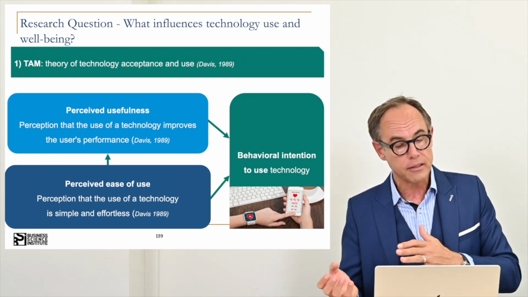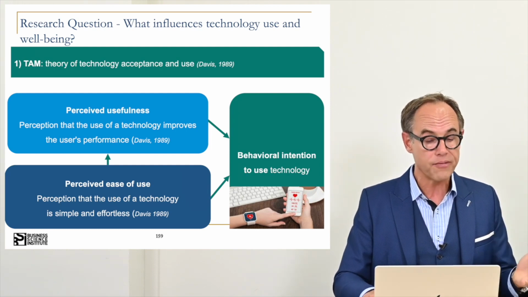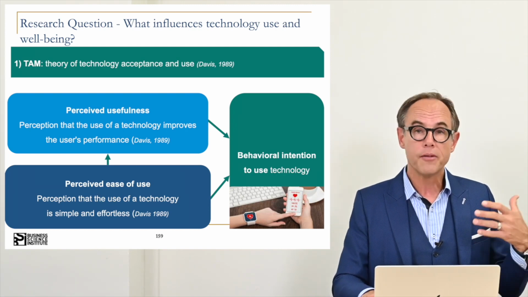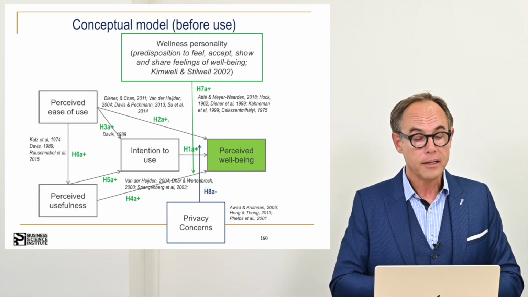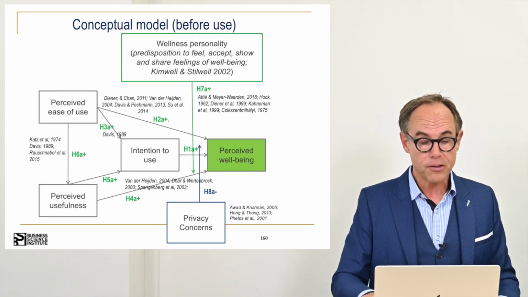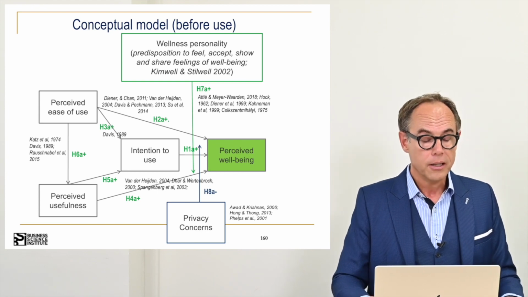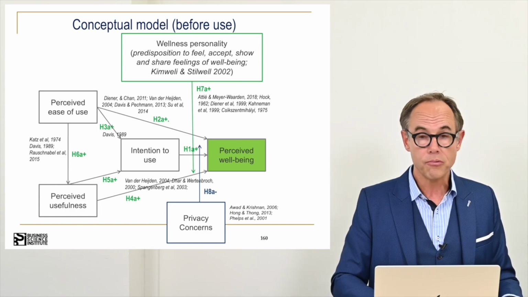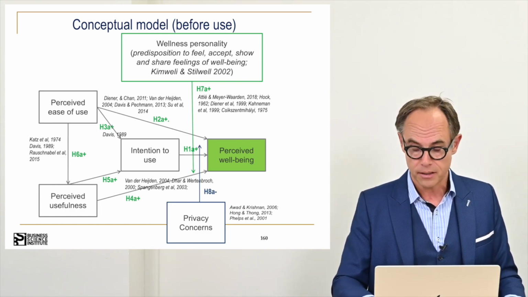The more it creates utilitarian benefits, so in line with the uses and gratification theory, the more it satisfies the different needs, the more it should impact positively the behavior intention to use. So here's our conceptual model, before and after use, because here we do a longitudinal study, which we will see in the methodology. So ease of use, usefulness should positively impact intention to use before use and naturally also after use, which you can see here.